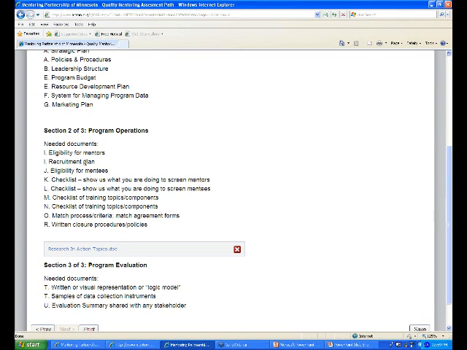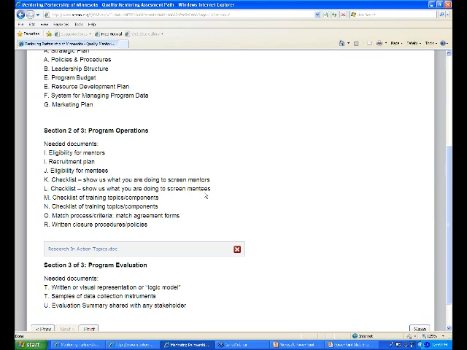Do you have a written recruitment plan? You said you did, so let's see it. And then there will be a checklist to show us what you're doing to screen mentors and mentees, for you to think about and reflect on what we're doing, what we might want to start doing, but also